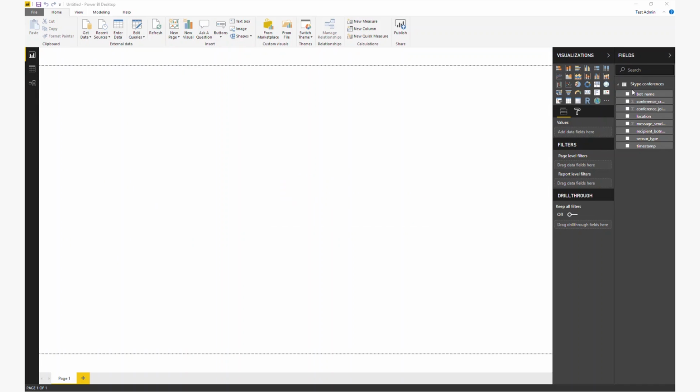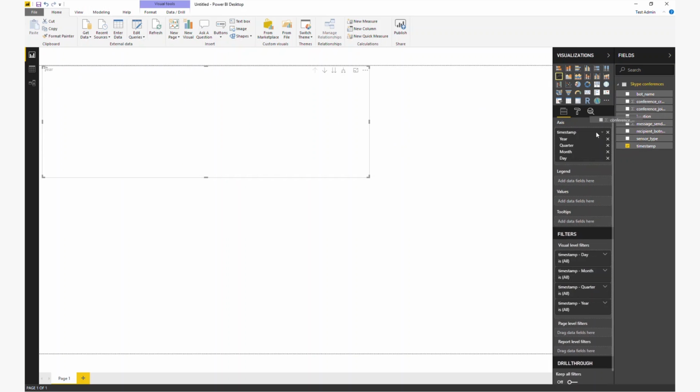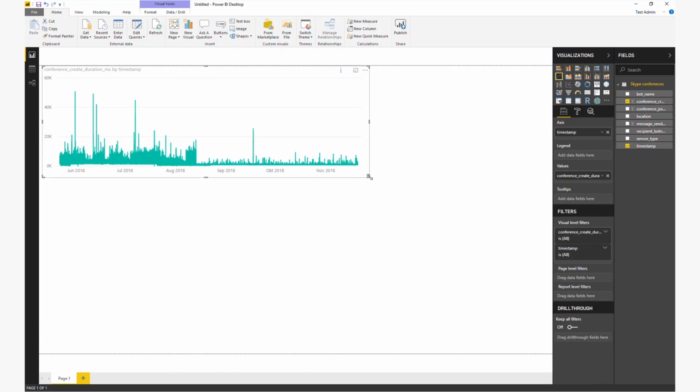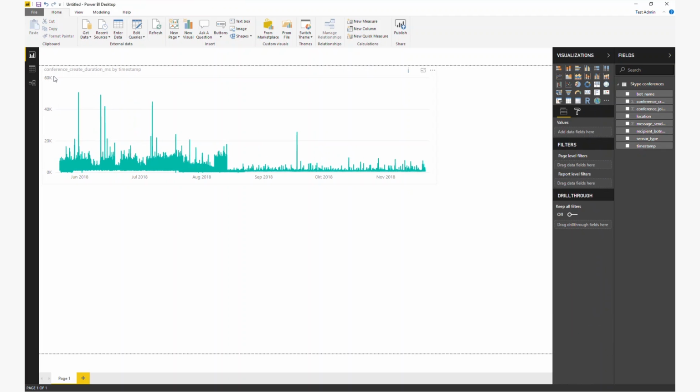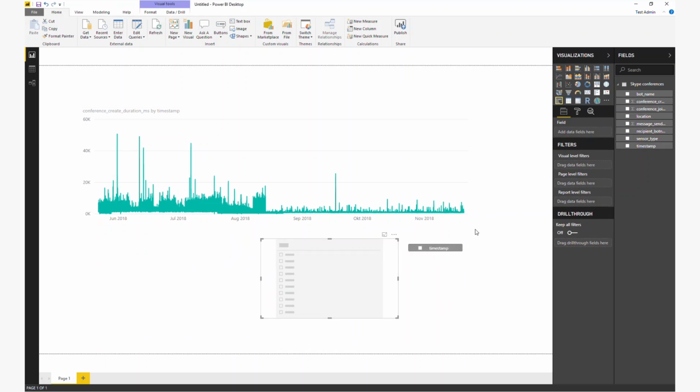I have on the right hand side now the data available, and for demonstration purposes I will just pick the line chart, in which I will do a couple of things with the timestamp, and I will get here, for instance, for conference create simulation, this time series. So I'm more or less flexible when it comes to what kind of chart I would like to use for the depiction. And because we just said that this is a demonstration of how simple you can create your own report,